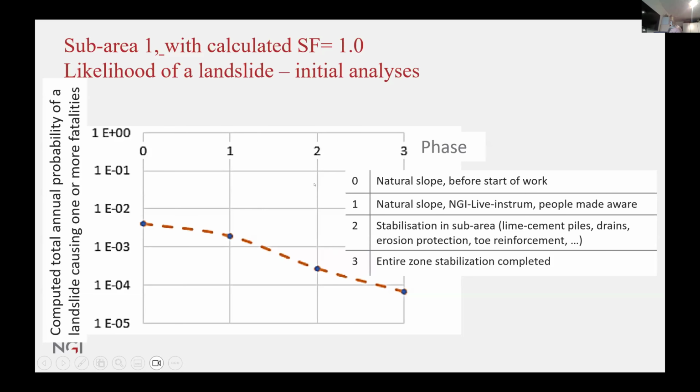And then stage 2 was having a stabilization in part of the area. And then stage 3 was when the stabilization was completed. And right now we're nearly complete with the stabilization. We're analyzing what would be the probability of failure and the probability of a person losing his or her life in 2030, when the trains will be set in action. And in this case, you saw that the stabilization was decreasing the annual probability of failure, which was good.